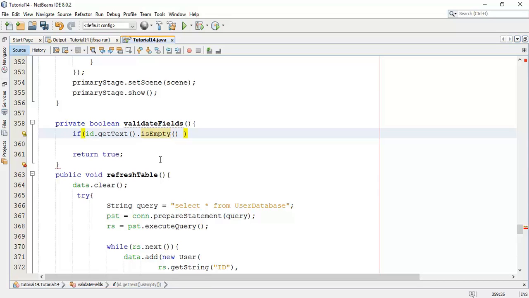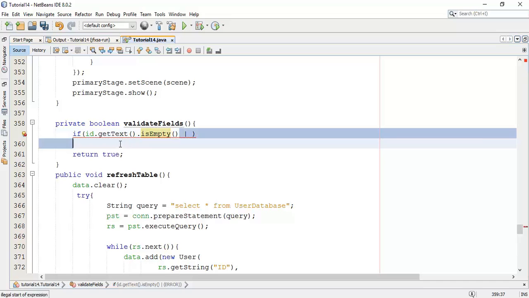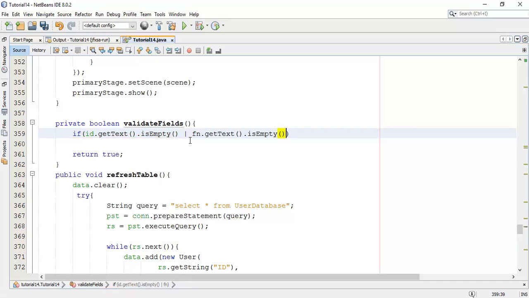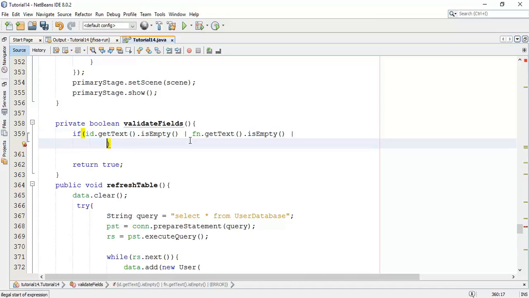So I'm going to add this for all the fields. I'm going to copy this, and next is for first name, and I'm going to paste. Similarly for last name, paste again, so I'm always going to check for each field.